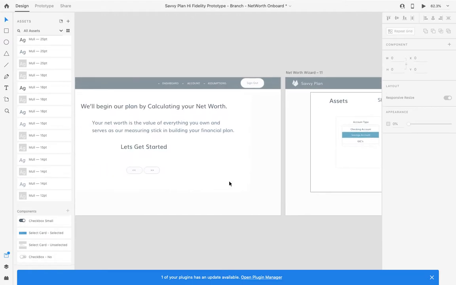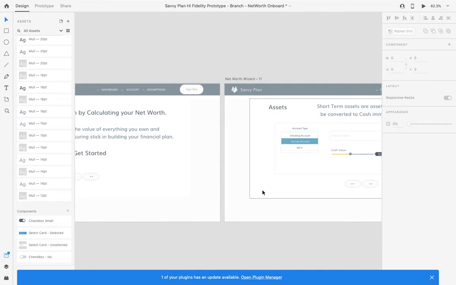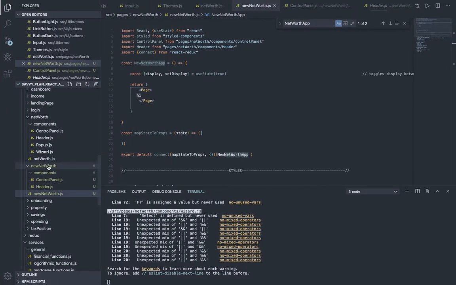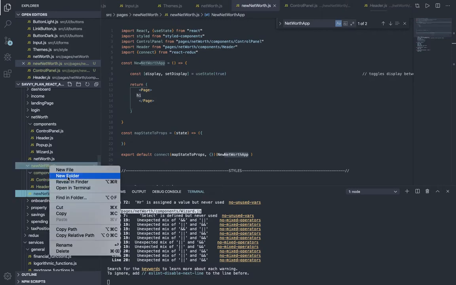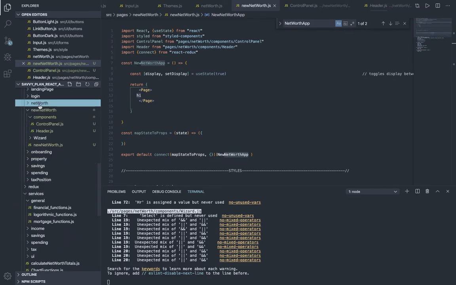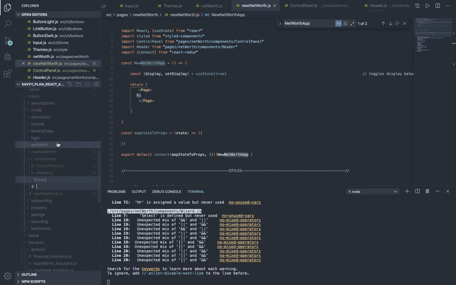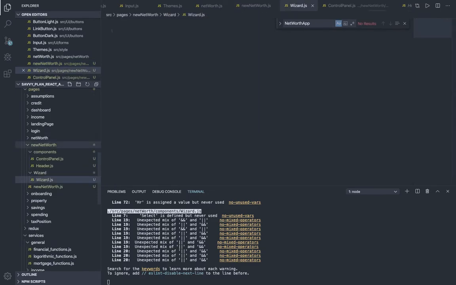So the first thing is kind of this welcome page, which then moves into the wizard. So once they come in here, they're going to click the button, and then they're going to go through the wizard. So we want to start by, we'll create, I don't know if I want to do it in components. I'll just create a new folder in the main thing called wizard. Yeah, I think that's fair. And then I'll close this so it's not confusing. And then I'm just going to call the main control file for the wizard. I'll call that the wizard.js, and then everything else after will